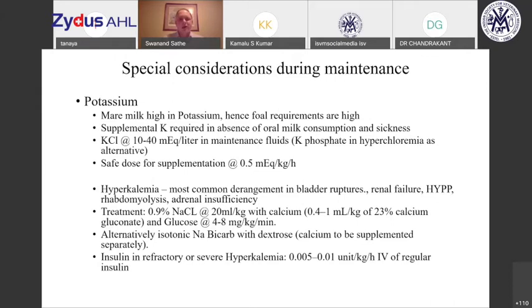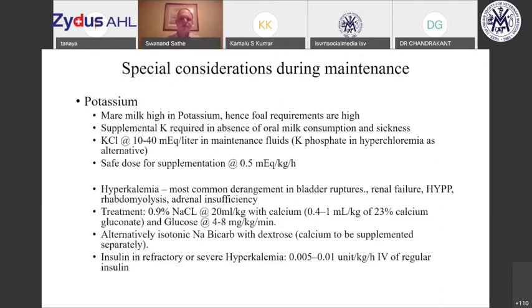Potassium is required by foals in relatively high amounts because mare milk is rich in potassium. And if this foal is not being supplemented with oral milk, then they require more potassium. Potassium chloride can be given at the rate of 10 to 40 milliequivalents per liter in maintenance fluids. If you have a foal that has a hyperchloremia, then you can supplement potassium phosphate instead of potassium chloride. And again, just like sodium chloride, you have to supplement at the rate of 0.5 milliequivalent per kilogram per hour